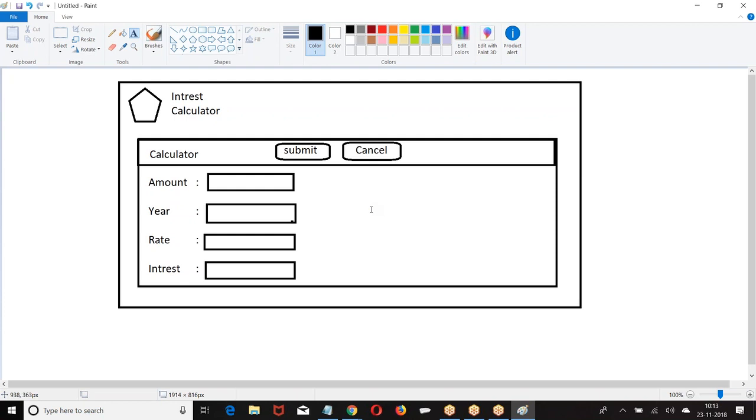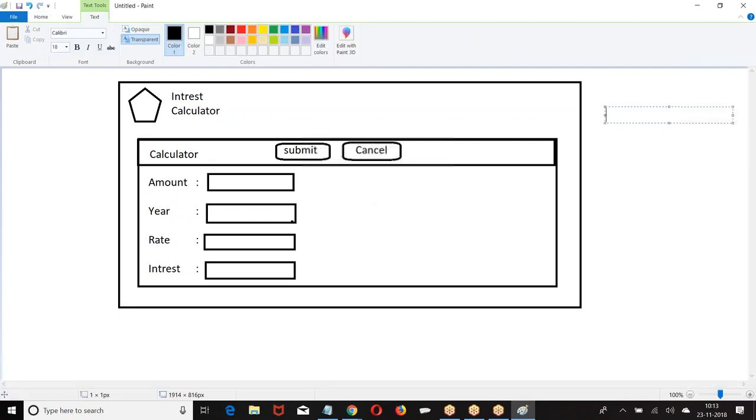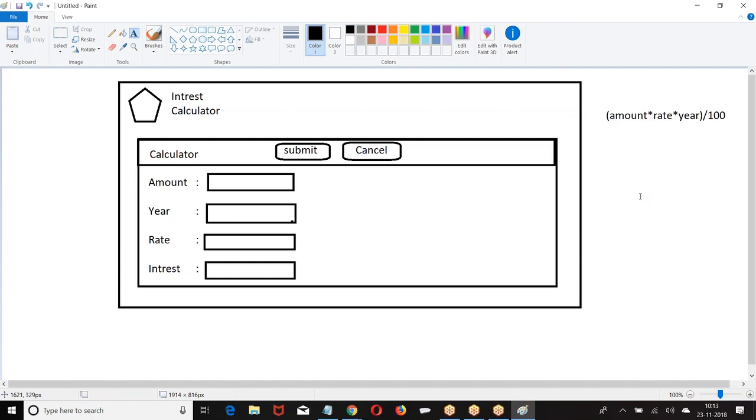How many methods you require? Two methods. Submit method, cancel method. Submit method will calculate the interest. People know the formula, right? Let me write the formula also. Right. Calculate the value of interest and display.